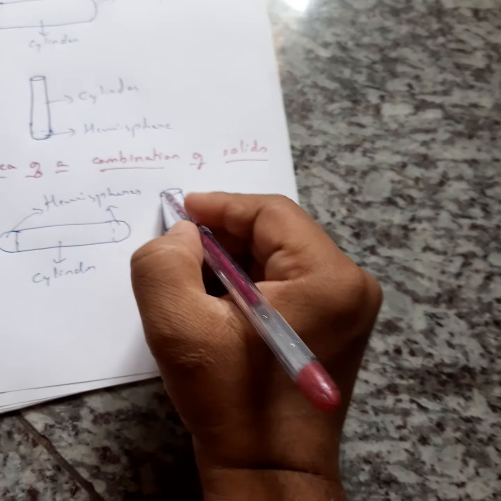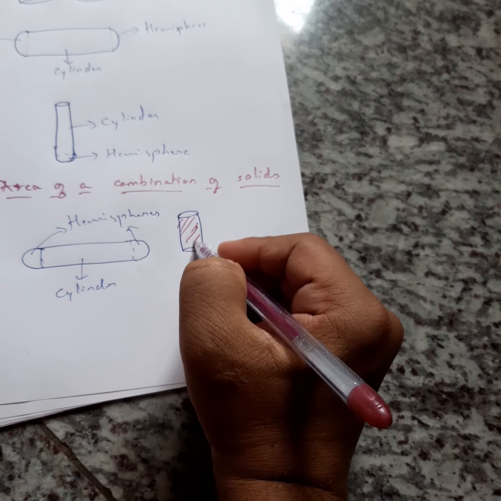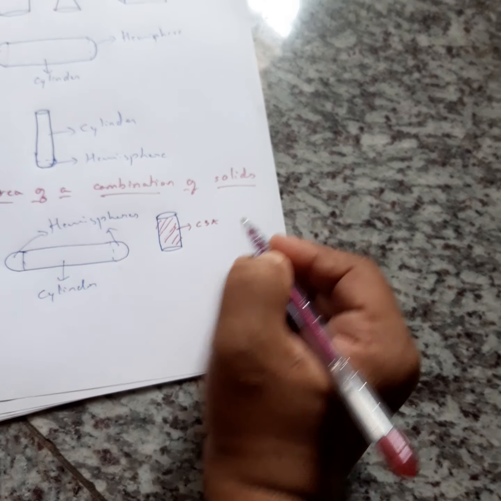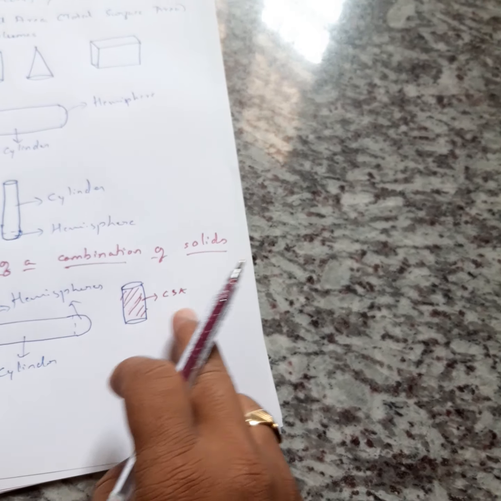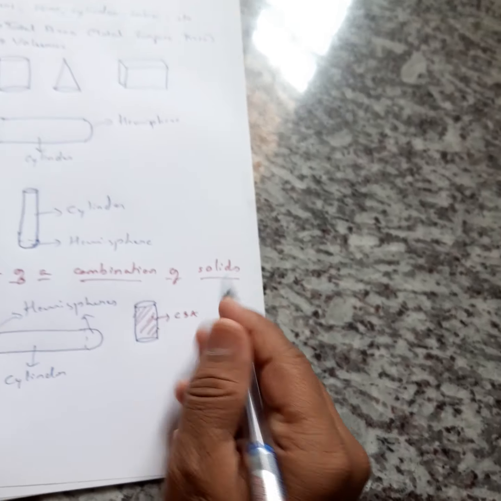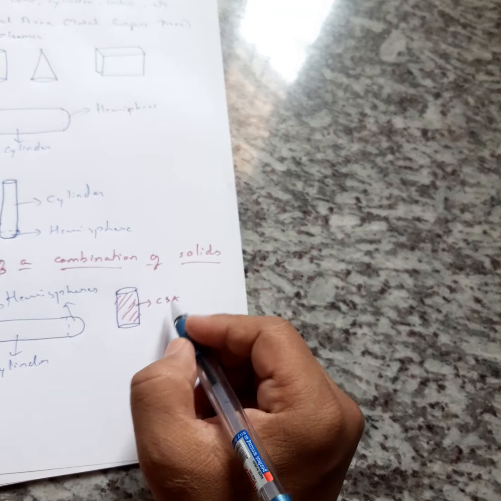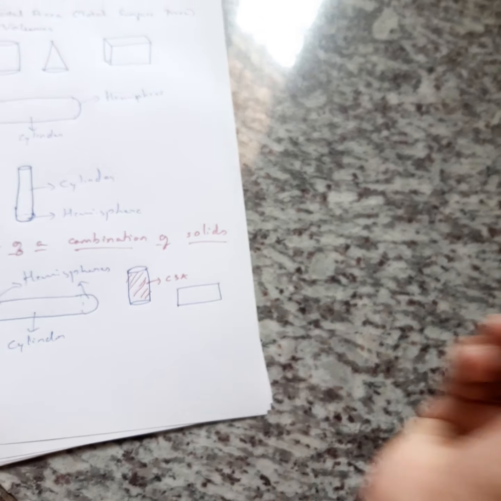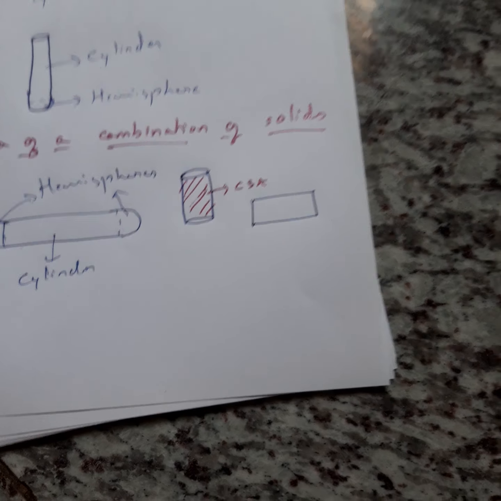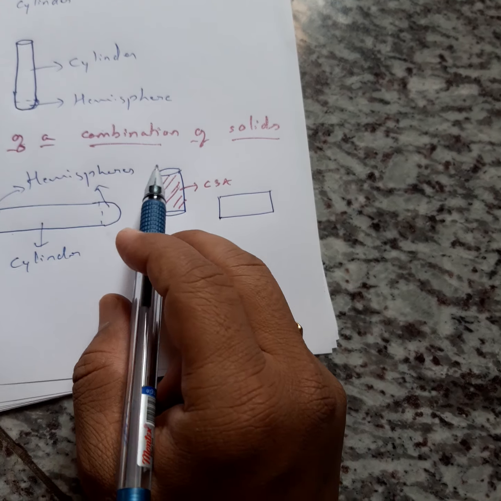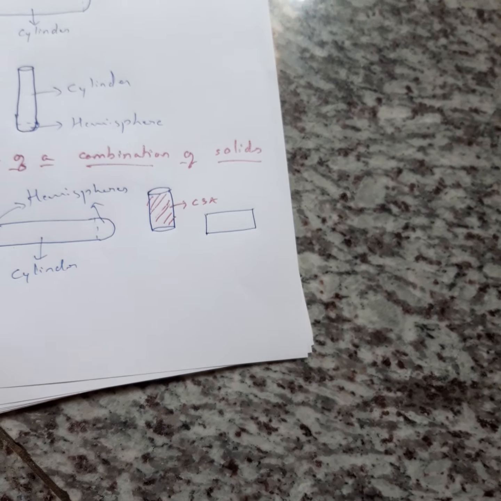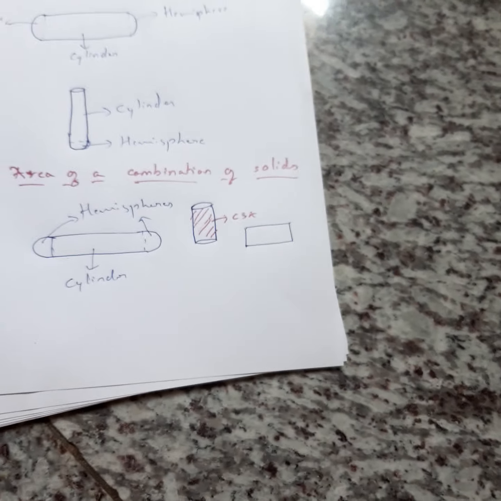So this is my curved surface area. If I open this part up, you already studied this in ninth standard, it will be like this, a rectangle, right? So the total surface area of the cylinder has this part, that is the curved surface area, and another two parts,